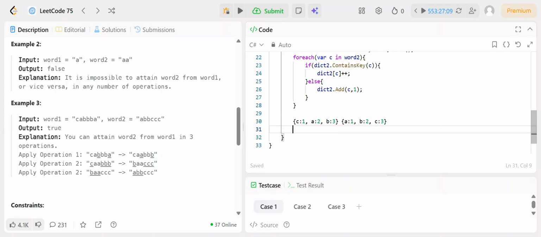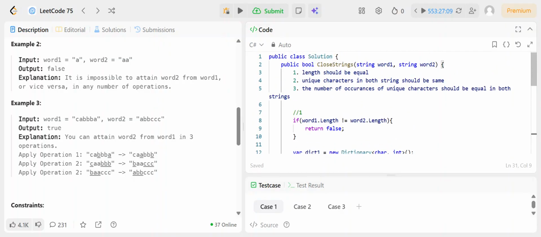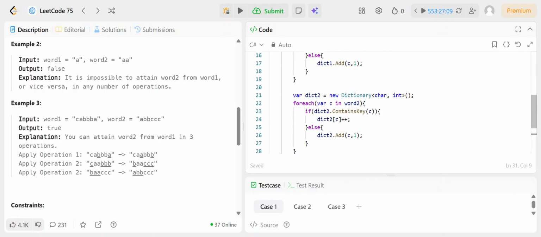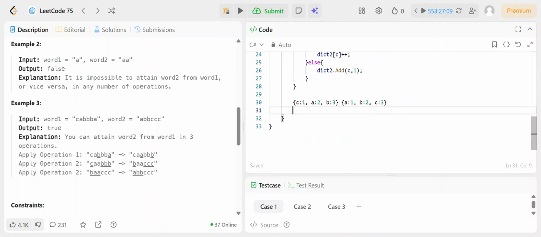What is our job? We need to find out all the unique characters. Going back to the second point: unique characters in both strings should be same. That means whatever keys we have in both dictionaries should be same. So how can we check? I'm going to use again a for each loop,